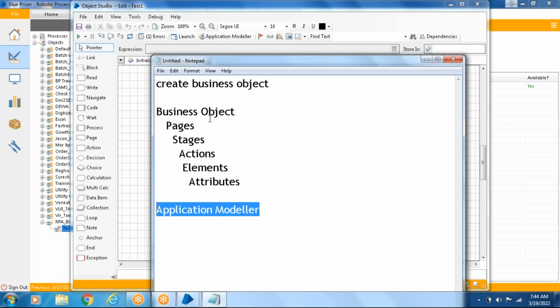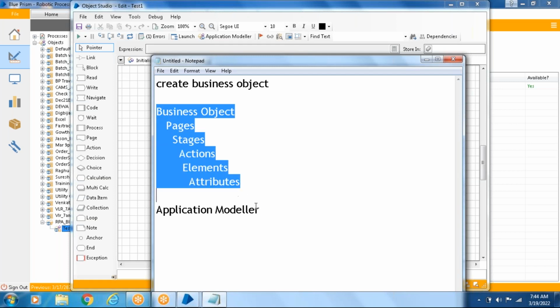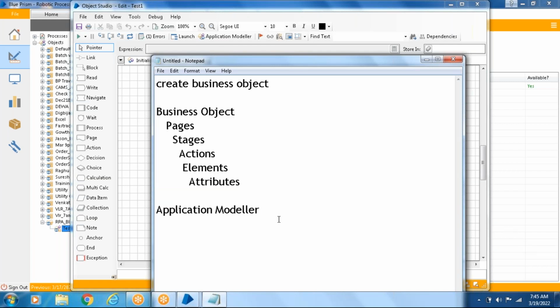So what are the important features in a business object? Within the business object we have different pages, different stages, actions, elements, attributes, and then the application modeler. Okay, so the application modeler is also a very important feature in this BluePrism tool. And in the application modeler we have different modes available. So what are the modes? HTML mode,